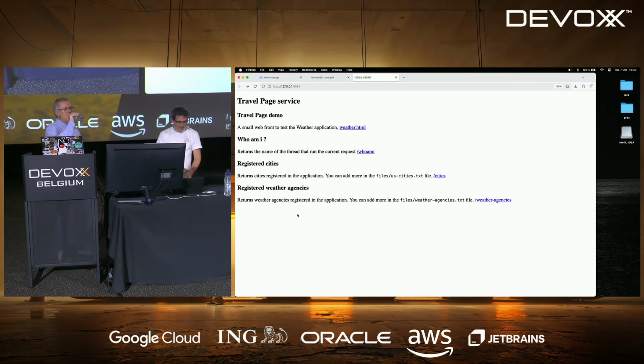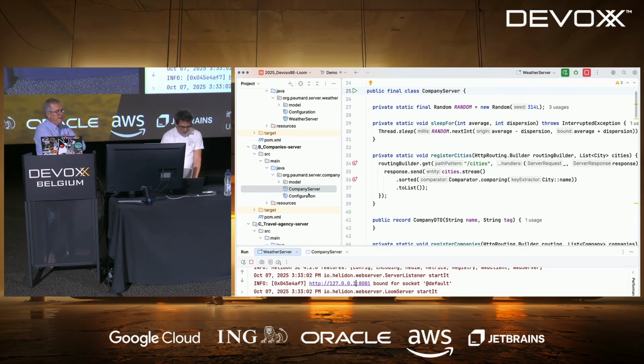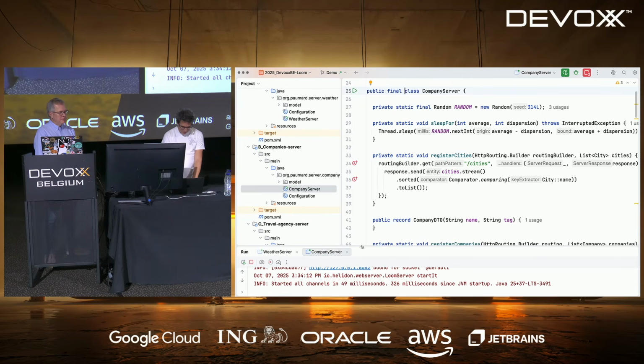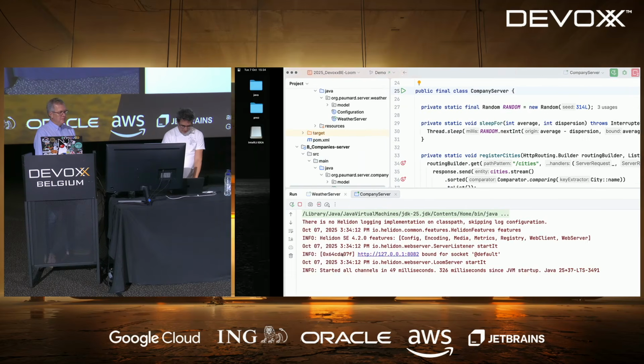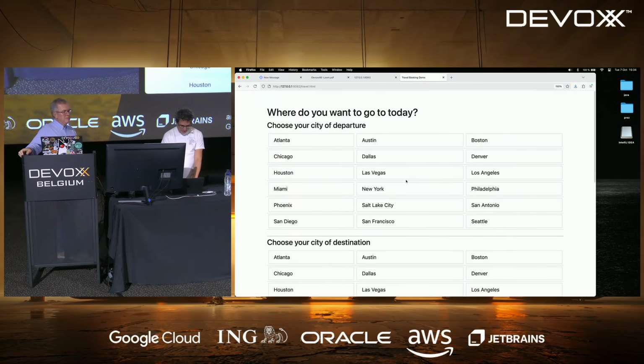So this is the first service. We have another service that gives you flights. So this is a company server that gives you flights, and I suppose that if I click on that, I will see some flights.